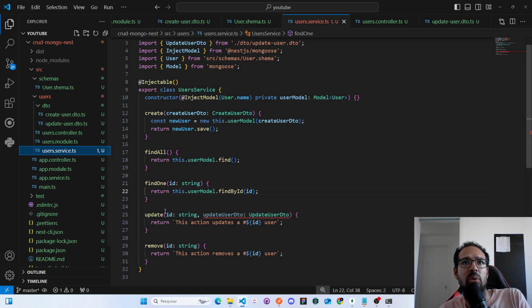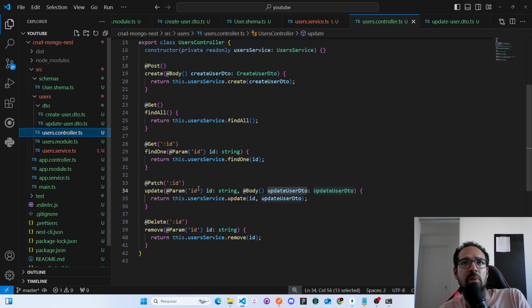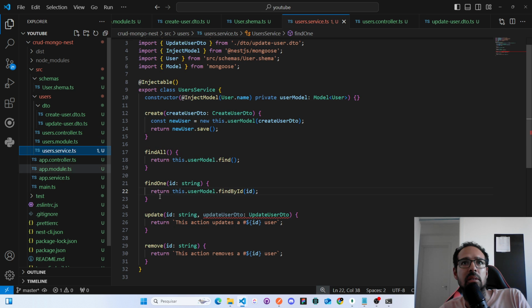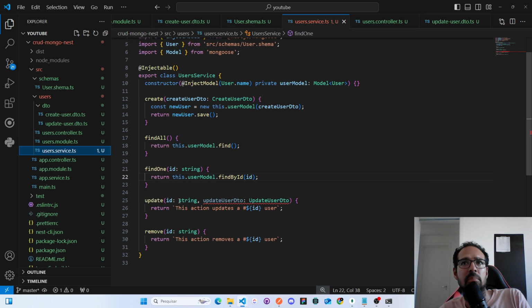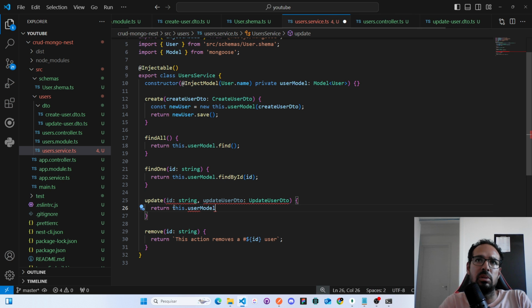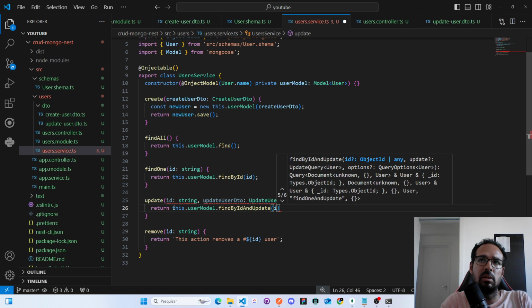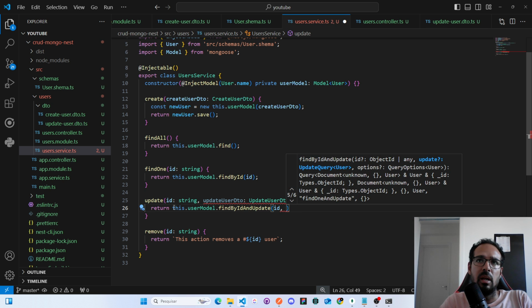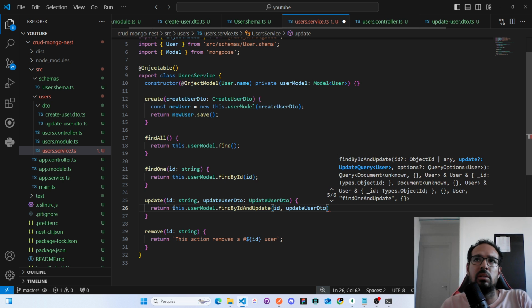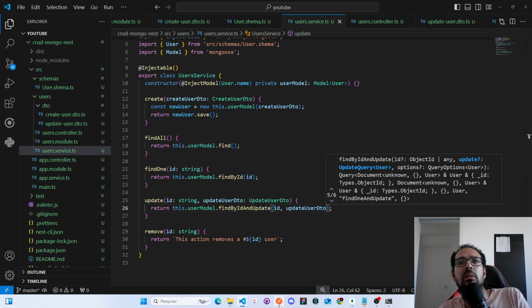Now, when I go to the update, which comes from the controller, I'm going to user service.update, and here on the update I think I need to put, I think it's find by ID and update. So this.userModel.findByIdAndUpdate. I'm gonna pass the ID and the update user DTO and save. So if I come here,